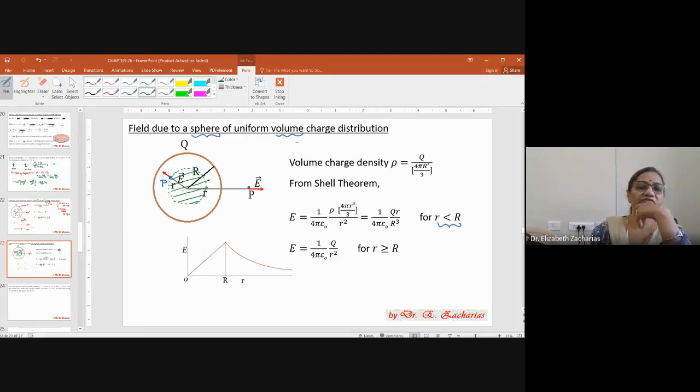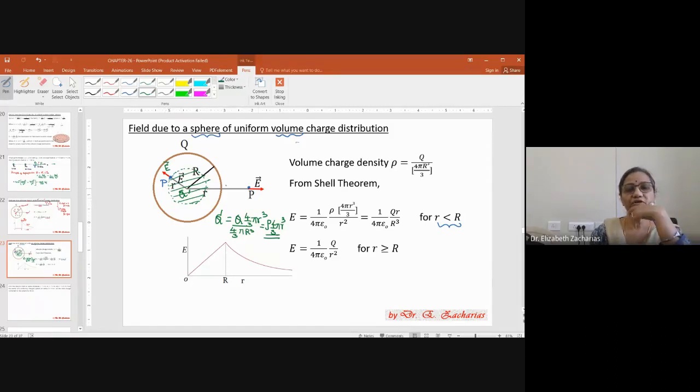If the charge lying within that sphere is q prime, then you can show that q prime is equal to Q into 4/3 pi small r cube divided by 4/3 pi capital R cube. Or in other words, you can write it as rho into 4/3 pi small r cube. So that is the charge inside this sphere. Your point P will only sense this charge, so the electric field will be because of only the charge inside this dotted line.